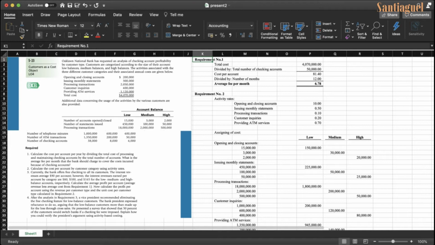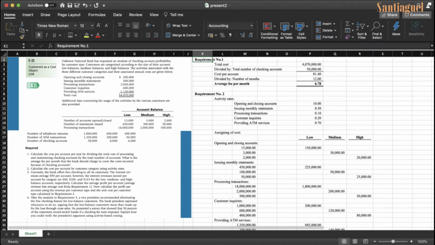For the third requirement, currently, the bank offers free checking to all its customers. The interest revenue averaged $90 per account. However, the interest revenues earned per account by category are $80, $100, and $165 for the low, medium, and high balance accounts respectively. Calculate the average profit per account or average revenue less average cost from requirement 1. Now calculate the profit per account using the revenue per customer type and the unit cost per customer type calculated